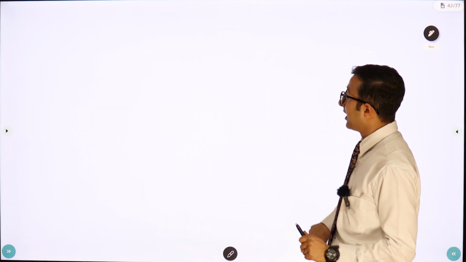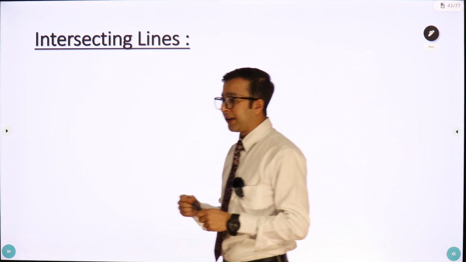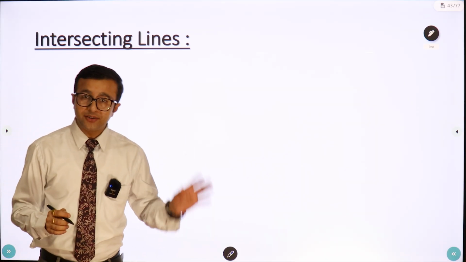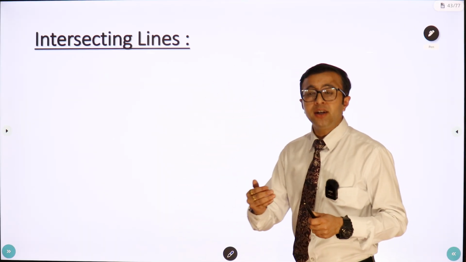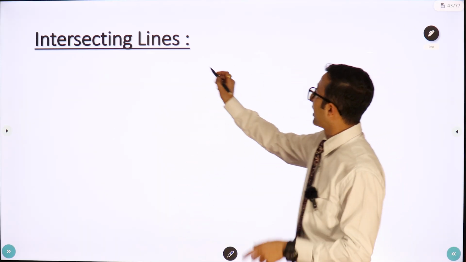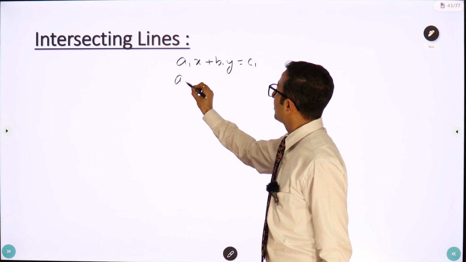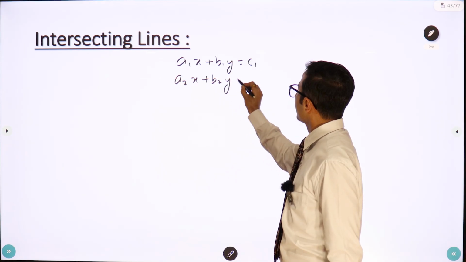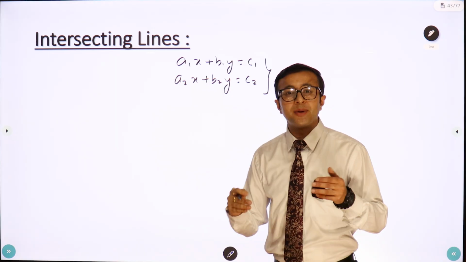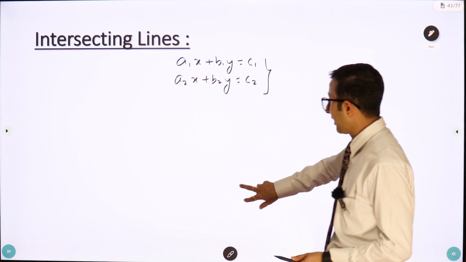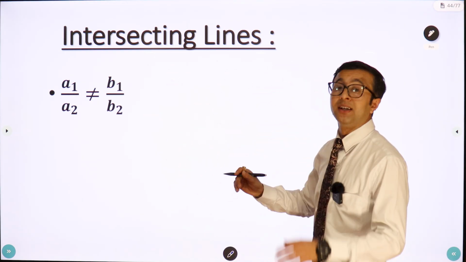Now how do we know whether the given equations have a solution or not? First of all, we will look into the intersecting lines. For intersecting lines, we have already seen what type of graph we can make. According to the standard form, a1x plus b1y equals c1 and a2x plus b2y equals c2, do we have any condition to check whether the given lines are intersecting or not? For that, look here. If a1 by a2 is not equal to b1 by b2, then we can say that the system of equations